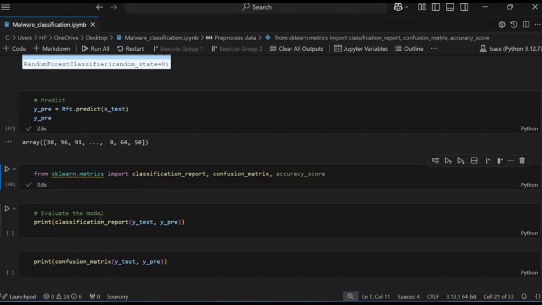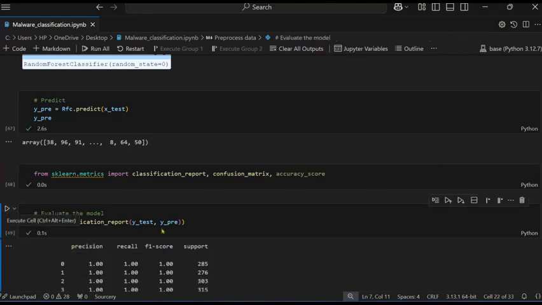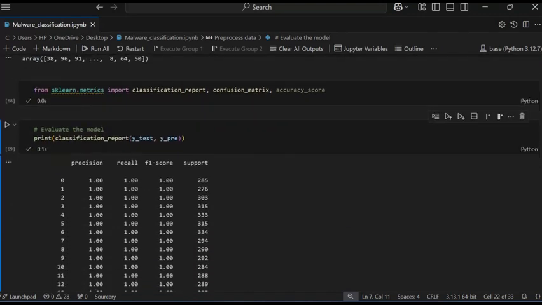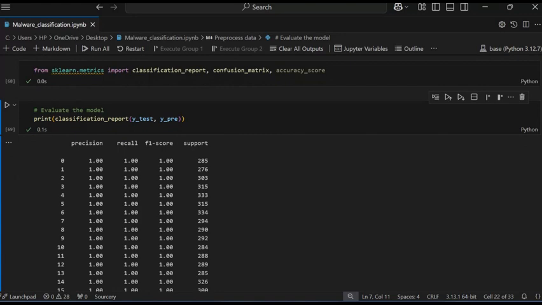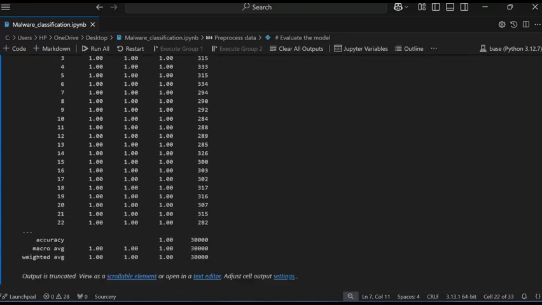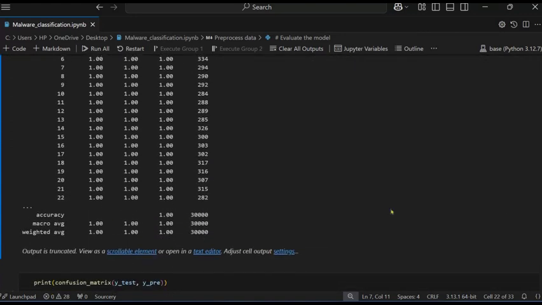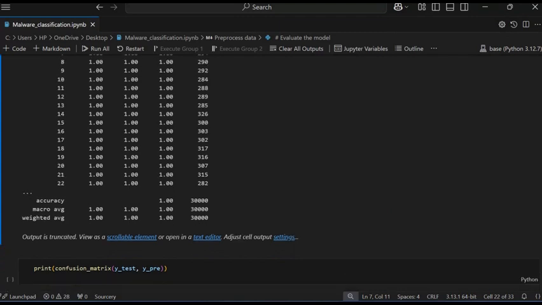So it's working. Now print the classification report where I pass y_test and y_predict. So it shows the classification report. This one is the precision, recall, F1 score, support. These are the accuracy. It shows all these.